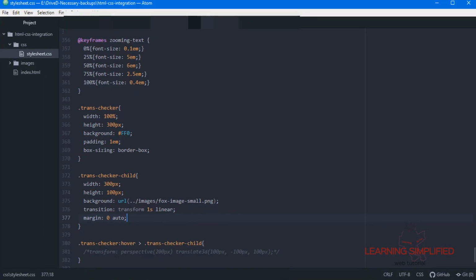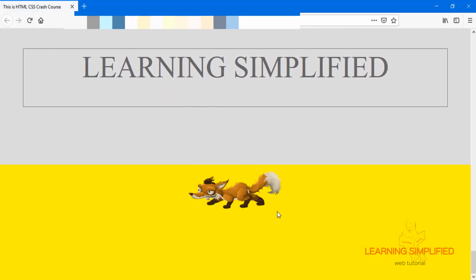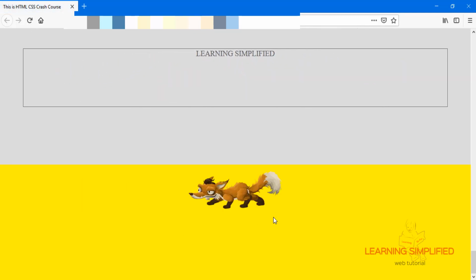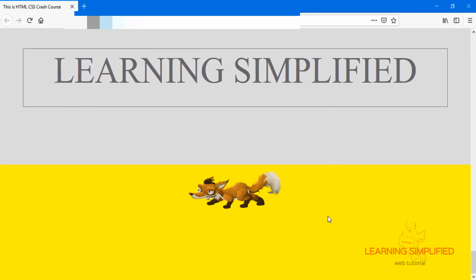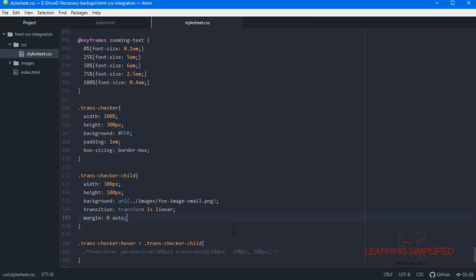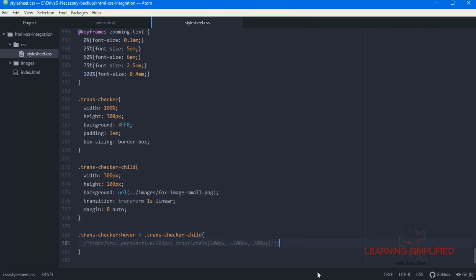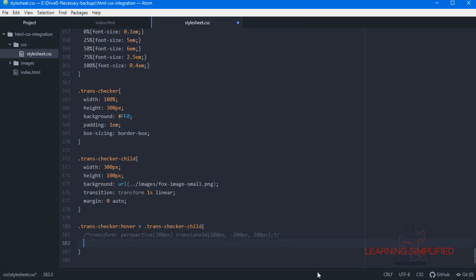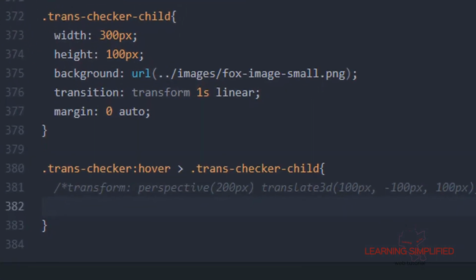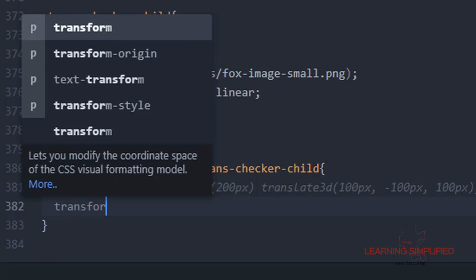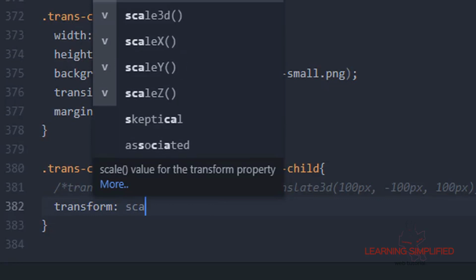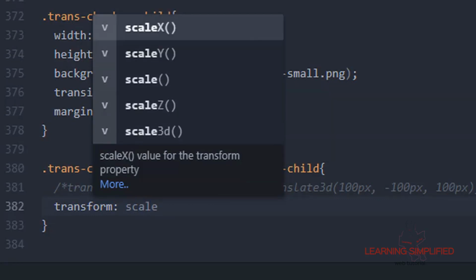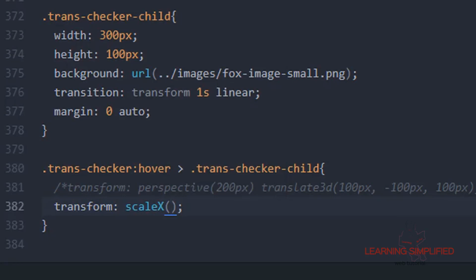There it goes. Now if we get back and reload, we can see that this fox image is residing in the exact middle of this device. Now everything is in position. So now let's get back to our project. As we have mentioned earlier, scaling can be done in 2D space both in x-axis and y-axis. So first of all, we are going to work with the x-axis, and we can see that this is scale. All we have to do now is put a certain value.